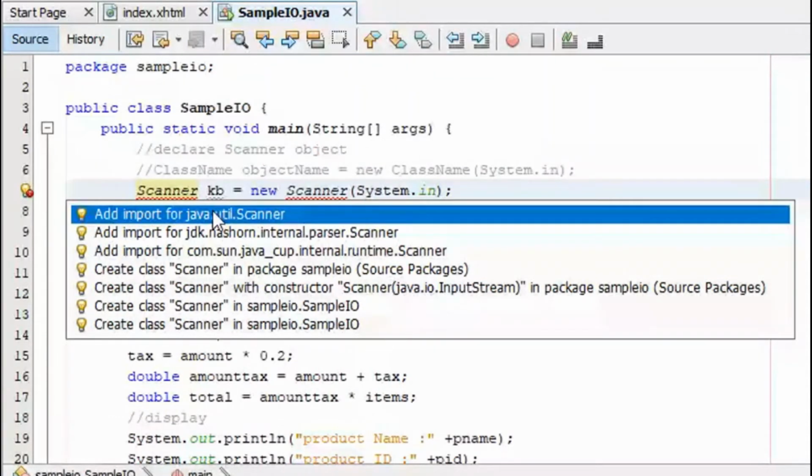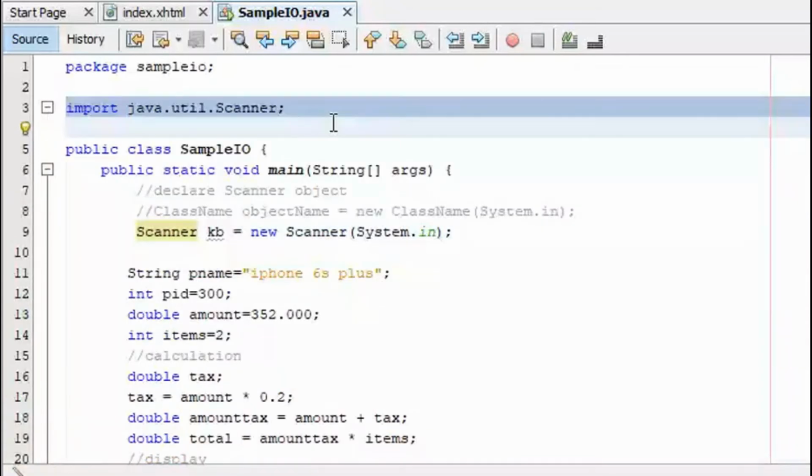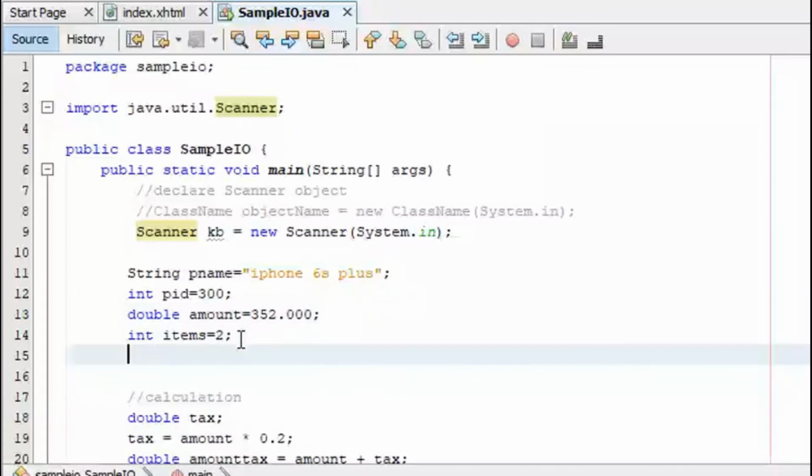Click that, and there you have already your import line, to be allowed to use the Scanner class. So do we still have error here? No more. We do not have any error anymore. Now, we have already the Scanner class. So what are the steps we have done?